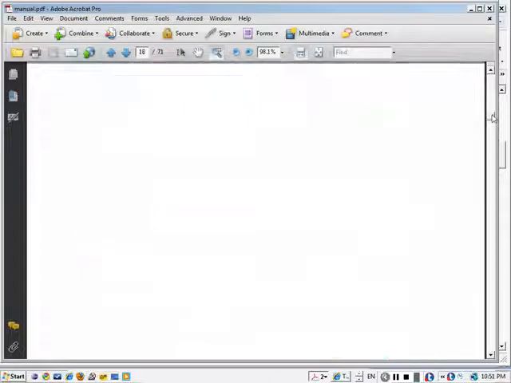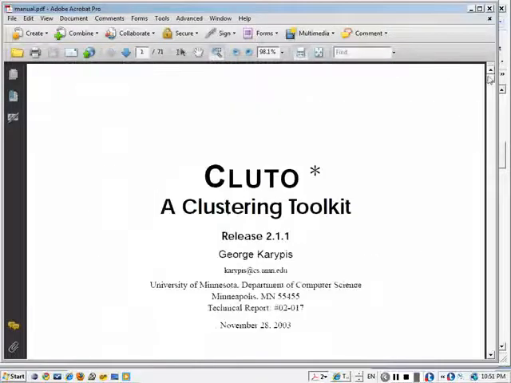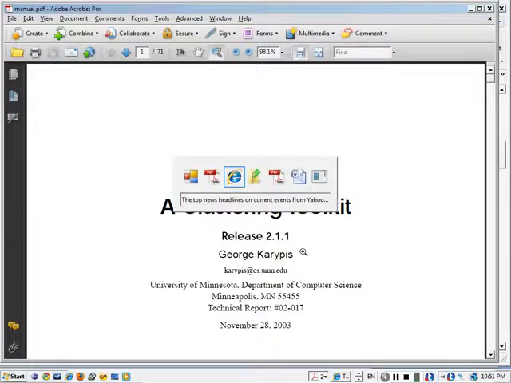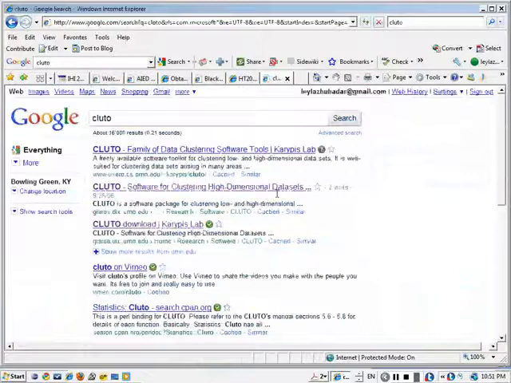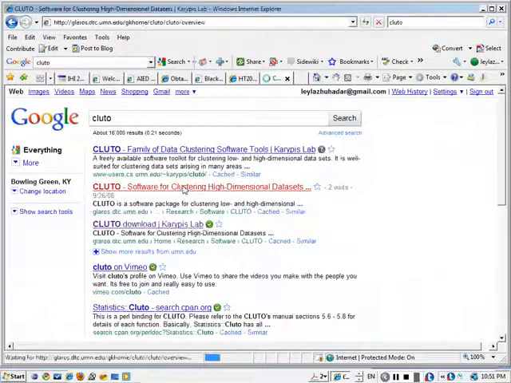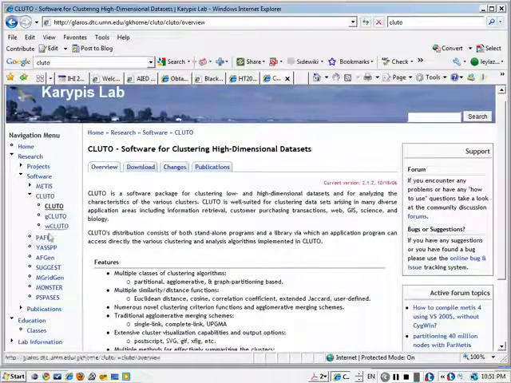First of all, why I applied it on text mining: I feel this is the closest to your area, which is computer information systems, to understand text clustering rather than biological clustering examples or any other area of clusters. Now let us go to the website of gCluto. If you just Google gCluto, George Karypis is the one who invented this software, and he's very popular. He has a lot of other software, and his lab is one of the most famous labs in the world